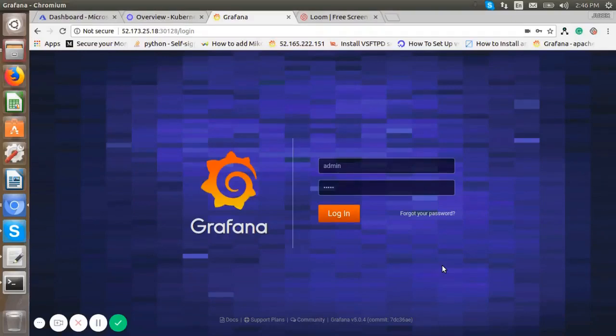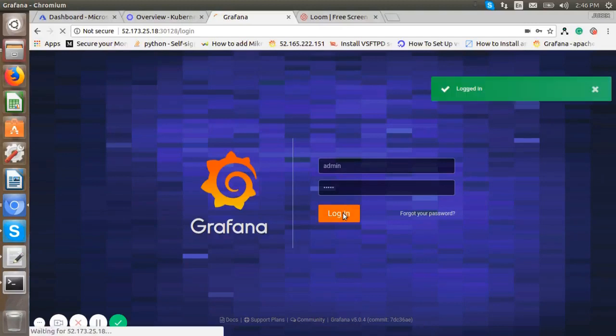In our Kubernetes cluster, we need Grafana to monitor Kubernetes resources like node resources, application resource utilization, and so on. Here, we can see the Grafana login page. We need to log in using the Grafana default username and password. The default username and password is admin. Later we can change this default username and password as per our requirement. Now click on the login button to log into Grafana.